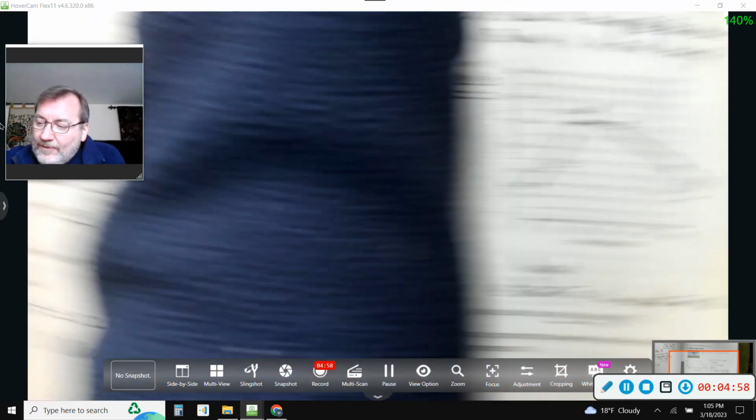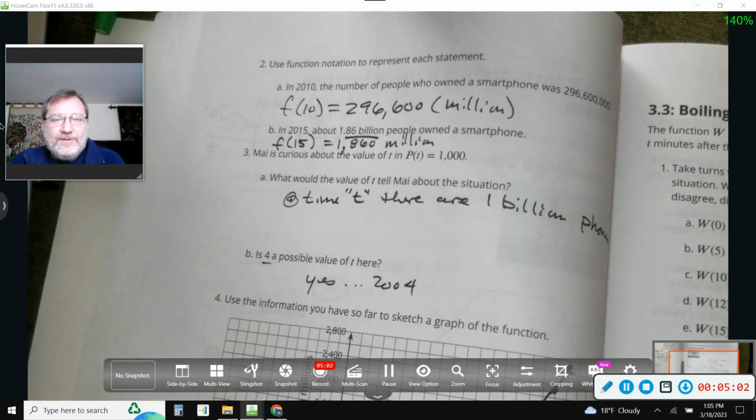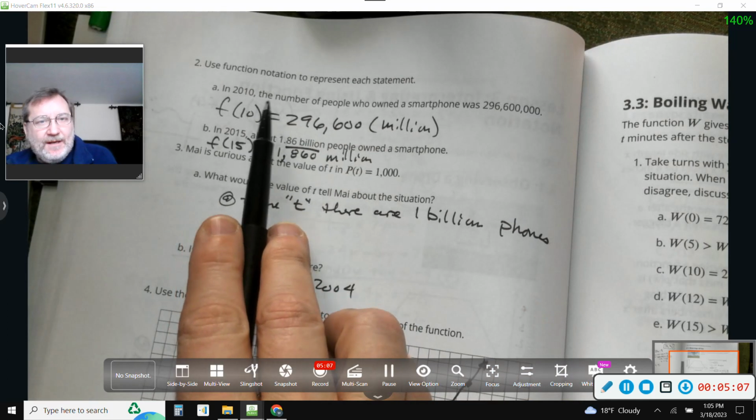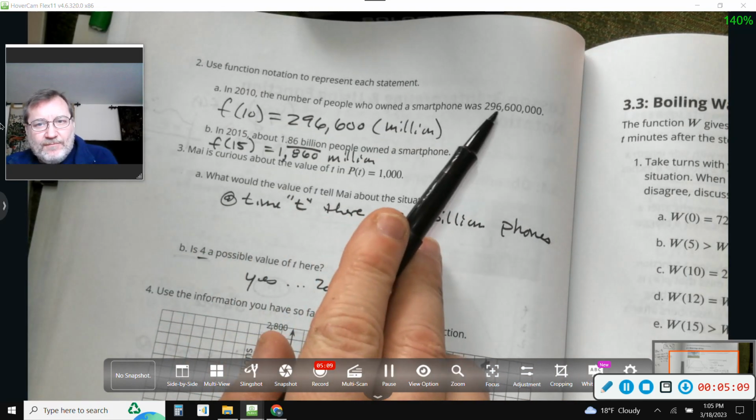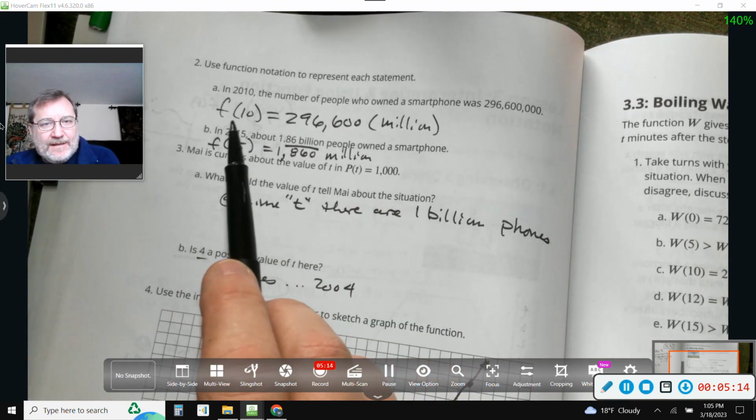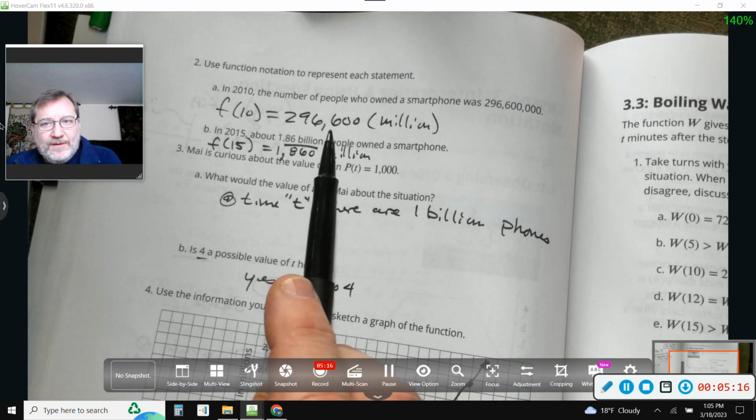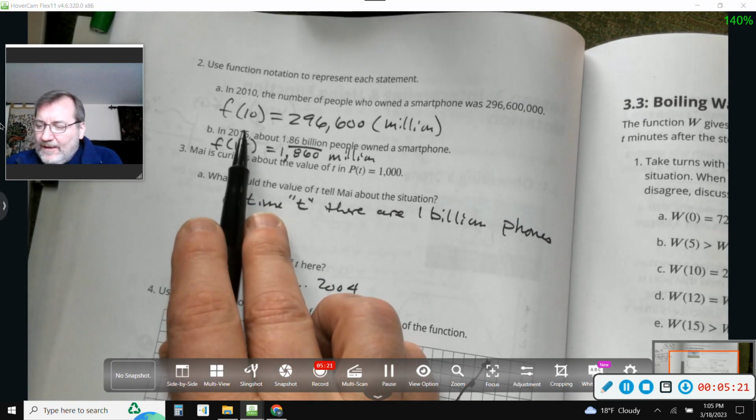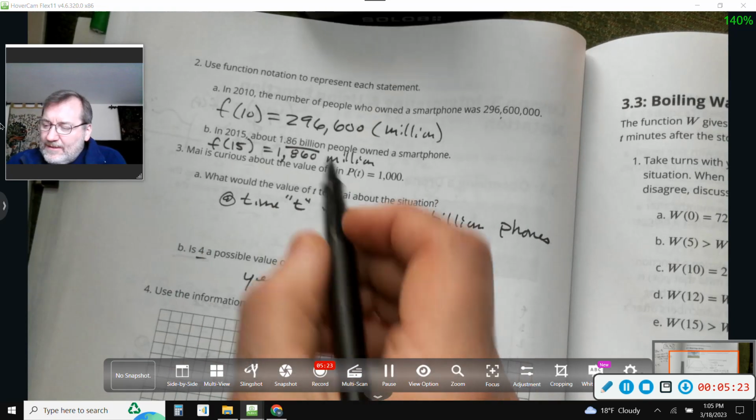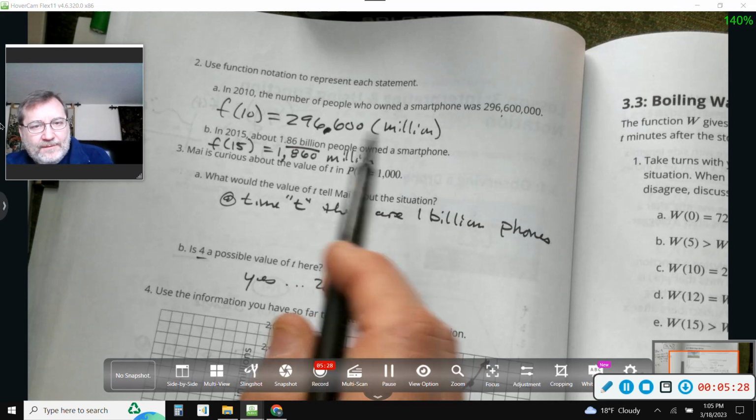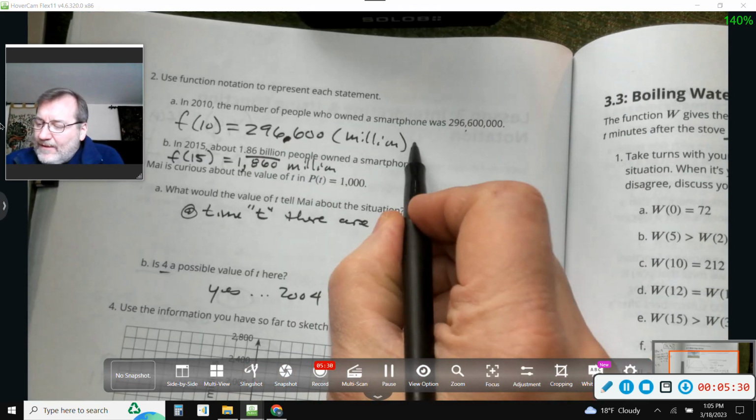Moving on to number 2, page 148. Just use the function notation to represent the statement. In 2010, the number of people who own smartphones looks like 296,600,000. All right, and if we want to put these in millions, how do you want to do that? Well, if you want to do millions, it's going to be a little decimal point. We can put it in millions that way, or we could just have it so that it's